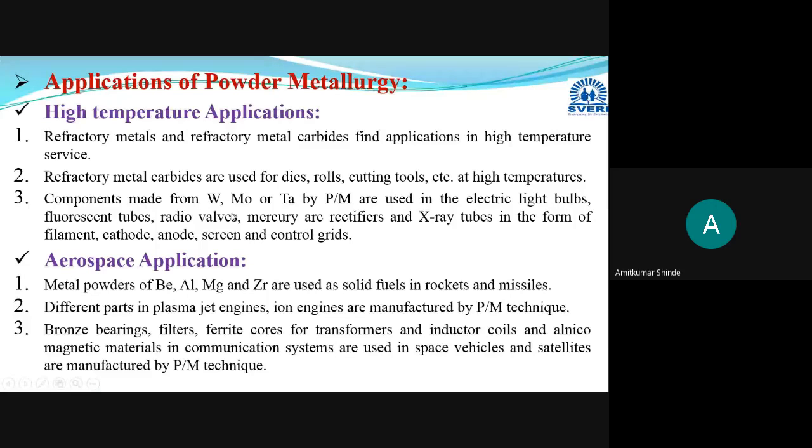Okay, these refractory metals are used there. These are high temperature applications. Then some aerospace applications are there. In the aerospace, different powders are manufactured, like beryllium, aluminium, magnesium, then zirconium, all these powders